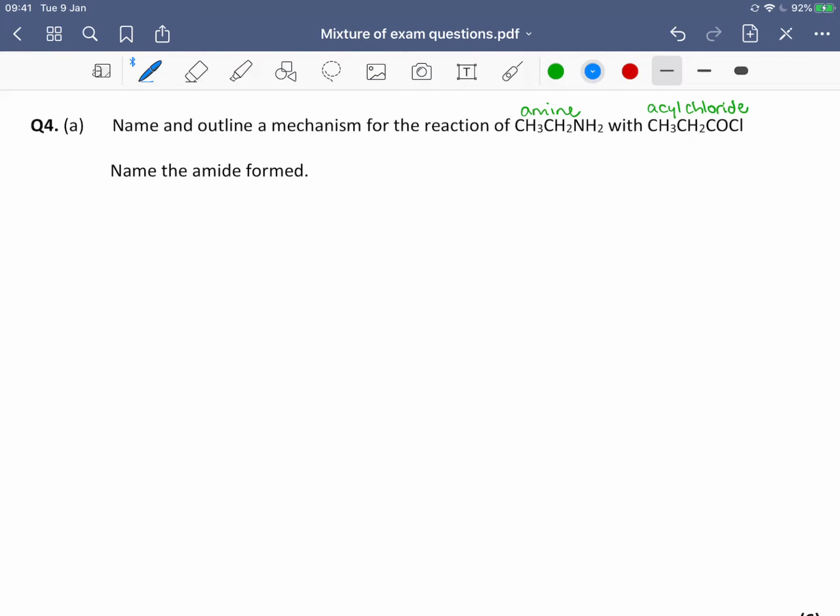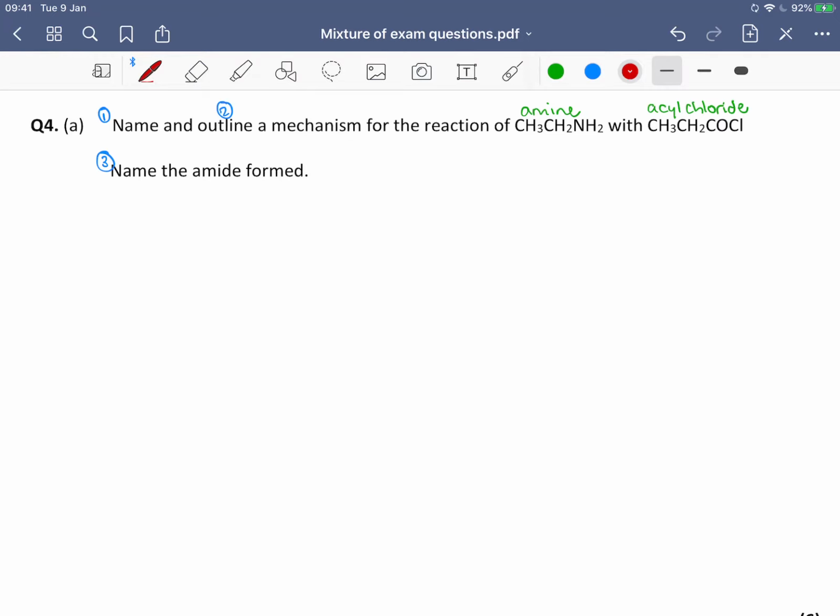So it's a 6-mark question. They've said name, outline, name. So let's just make a note of the things that we've got to make sure that we do, so that we can check at the end that we've done these things. So it's 3 parts. They're not necessarily all equal in size, but it's easy to forget to do something in a 6-mark question like this. So I think actually we should start with naming the mechanism,